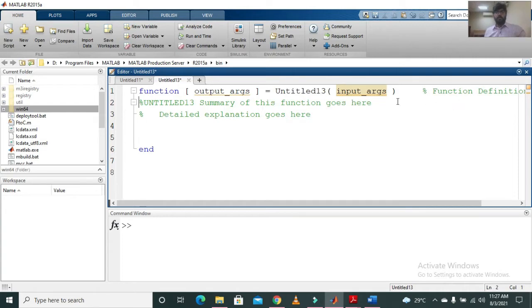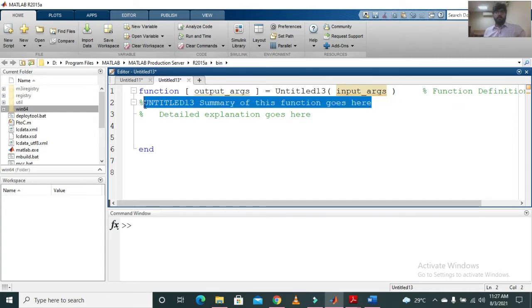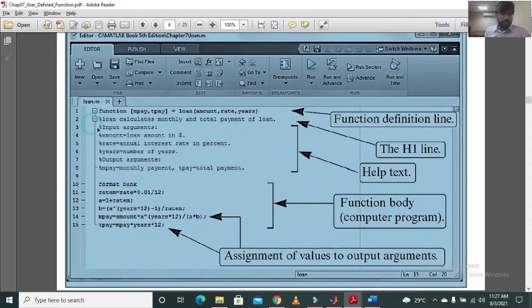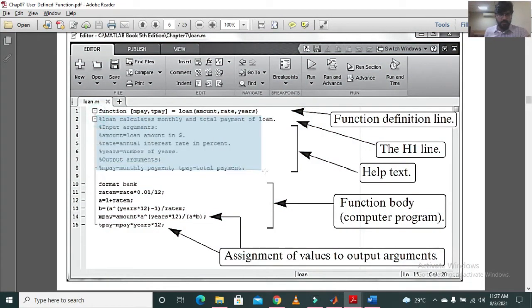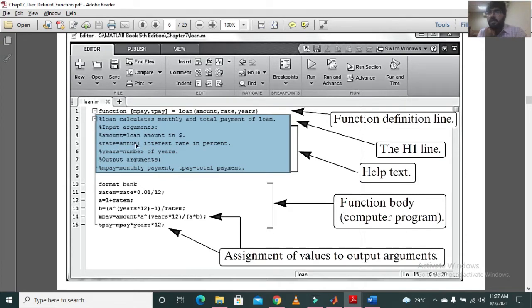Then the next lines, wherever the percentage comments were added: the first comment is called the H1 line, and all the other comments are called help text.